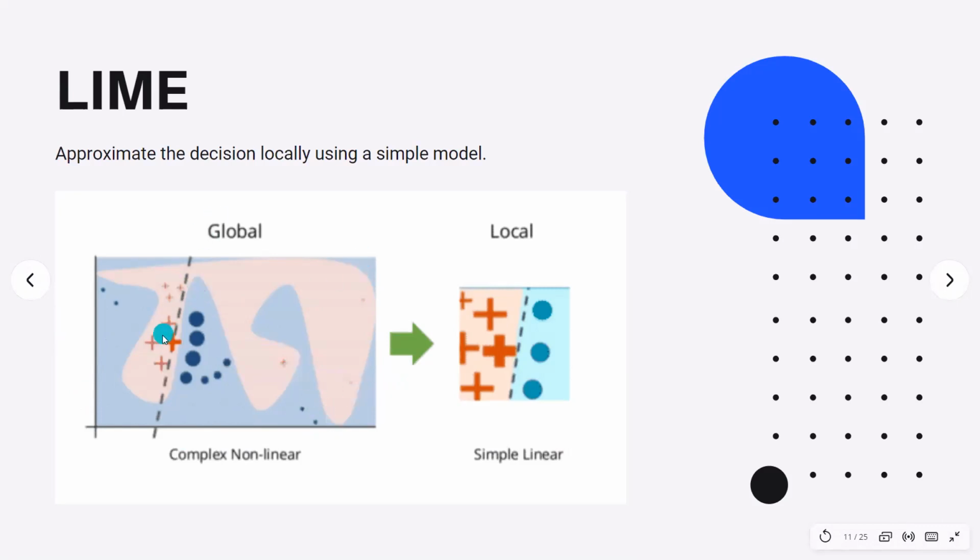Points which are close or very local to our prediction have high weight, which is represented here by the size. Points which are very far from our point of interest are usually attributed a very small weight. After that, we simply create a simple linear model